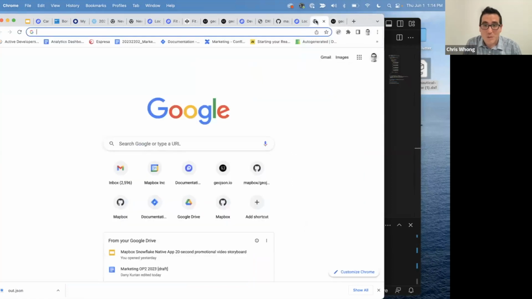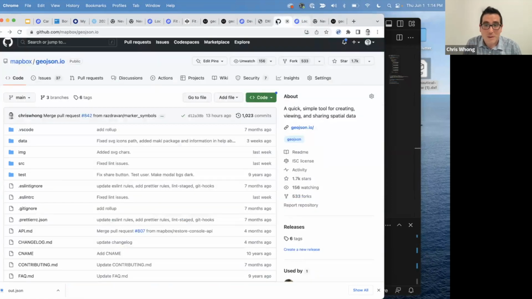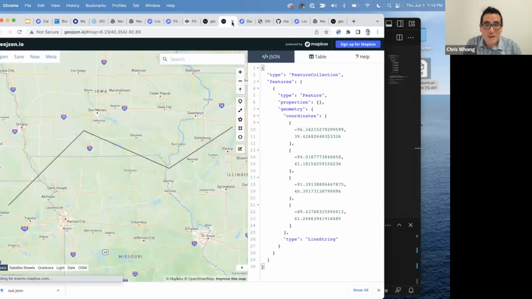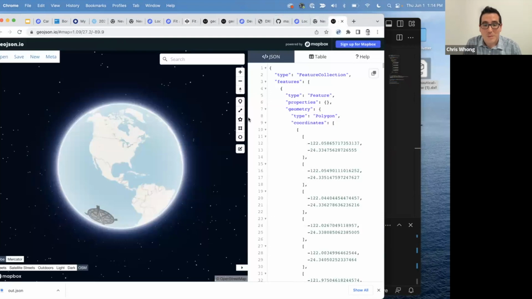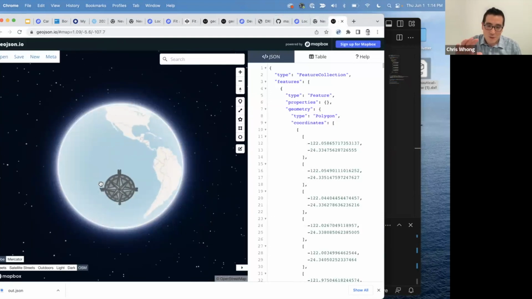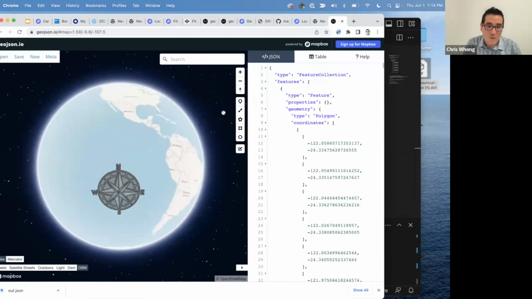compass rose that I drew here. Actually, you know what? Let's try it. Do I still have it open? I don't think I do. Nah, I lost it. Okay, we could try it some other time. But yeah, definitely you could extrude any of these polygons to jump out off the map.